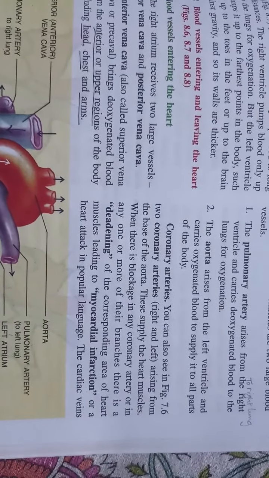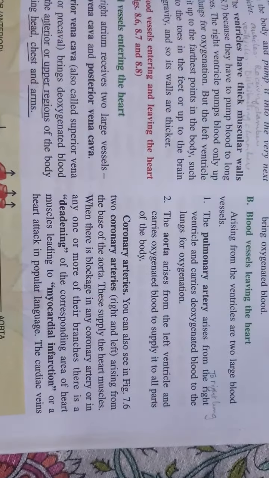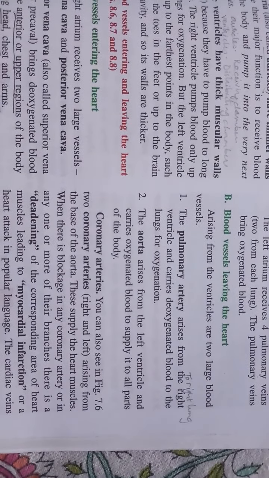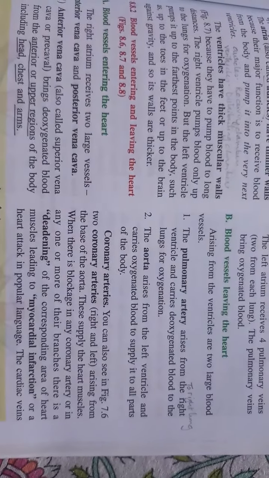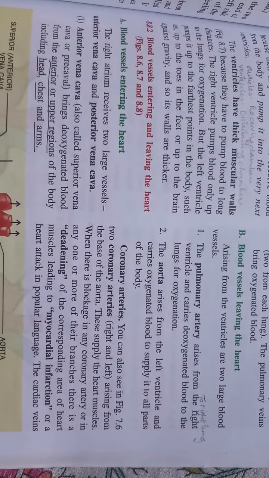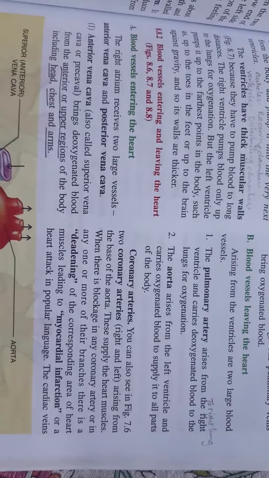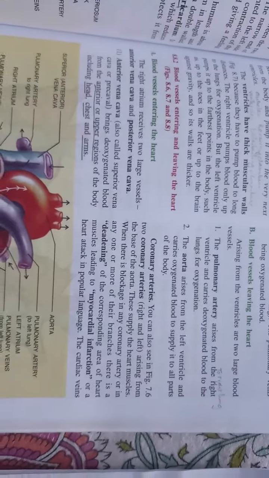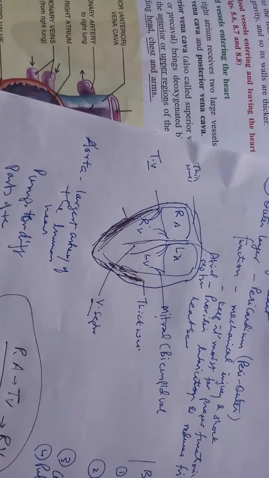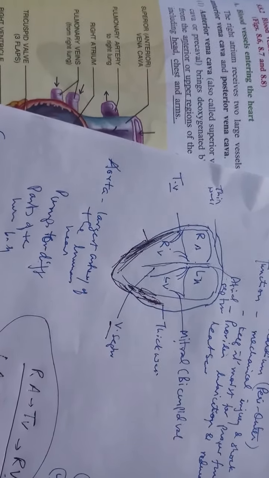The aorta and the pulmonary artery. The pulmonary artery arises from the right ventricle and carries deoxygenated blood to the lungs for oxygenation. Whatever the vessels leaving the heart are called